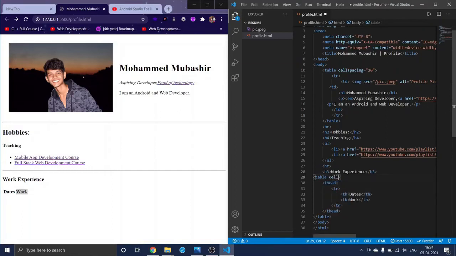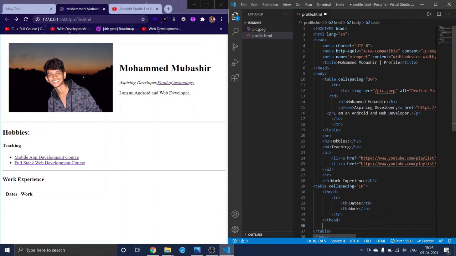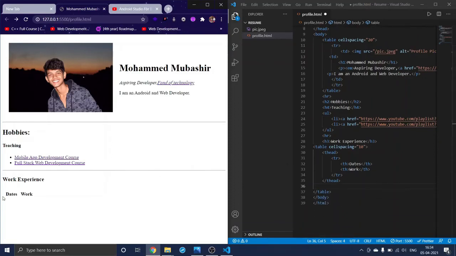First I will give a cellspacing here, cellspacing to 10, right? And again we have made a thead, right? Our work in the th is done. And in the tbody, see, why I haven't used thead and tbody earlier is we didn't have something like headings and table data. We just needed to show my image and some text. So for that I haven't used thead and tbody. But here we need headings and we need data, right? So for that I will be using thead and tbody.